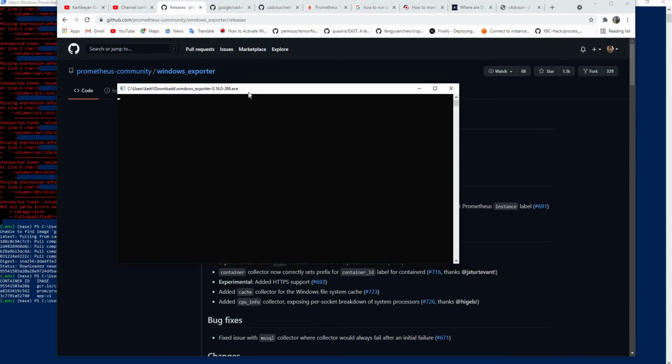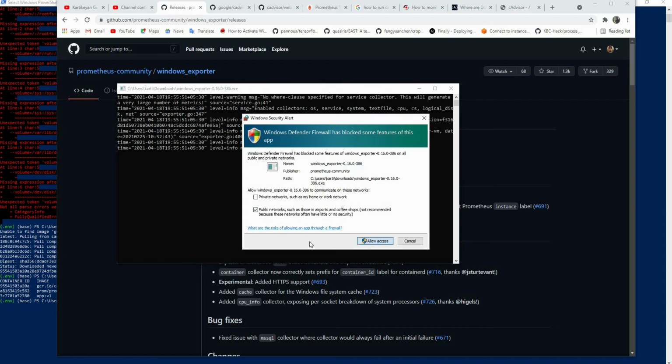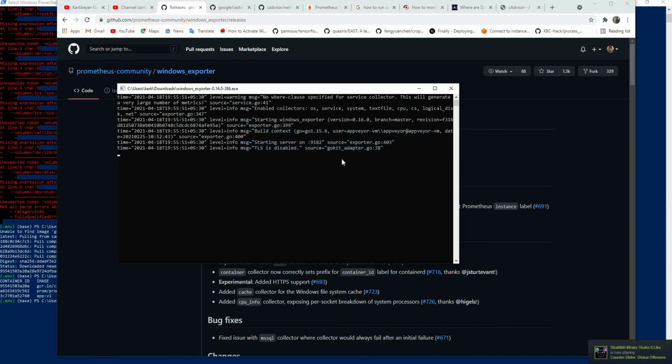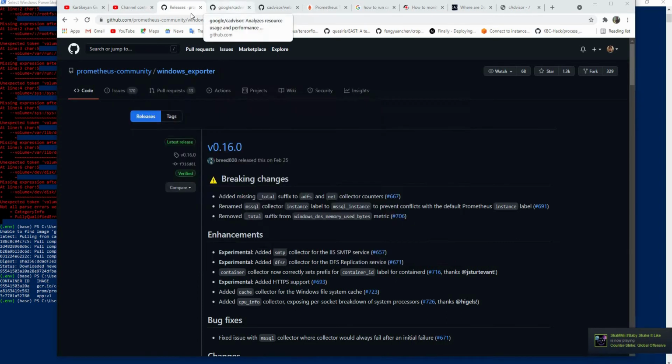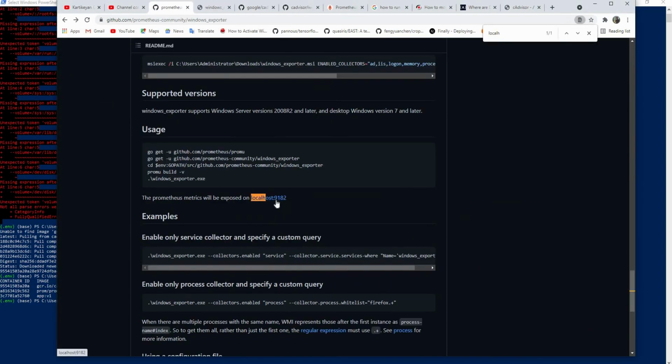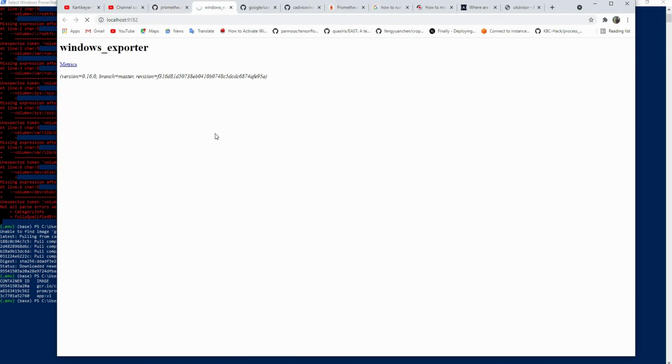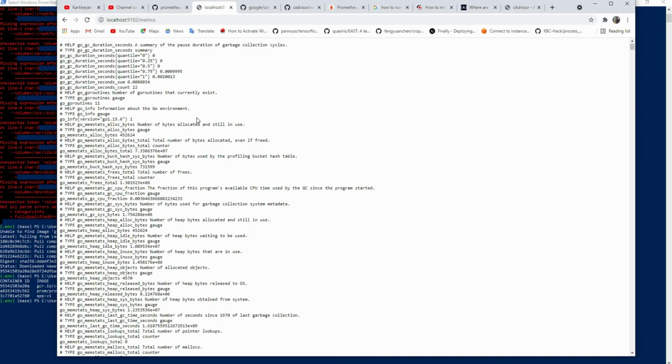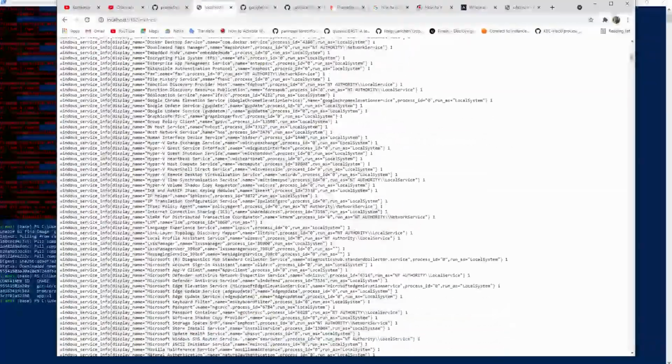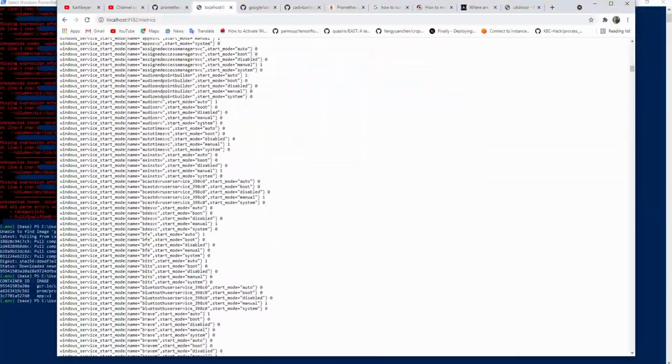Let's run the exporter, allow access. Probably it's working on which port exactly. Let me check the documentation. Yeah, it's running on localhost 9182. There you go. These are the metrics regarding our Windows machine.